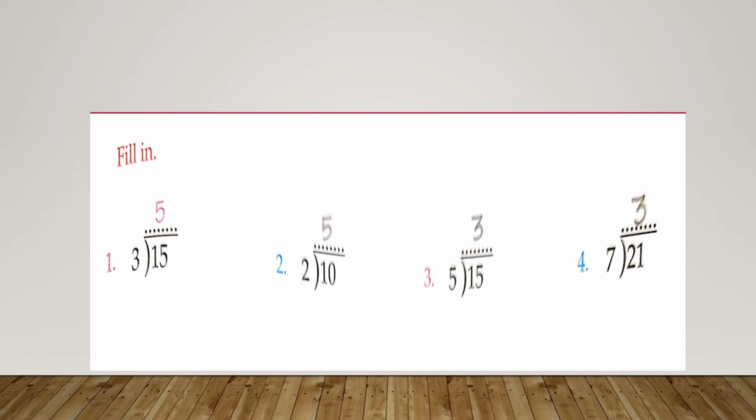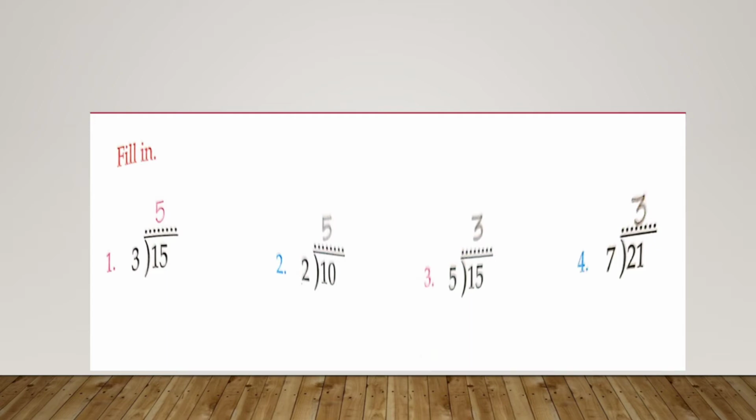By the method of long division form, you have to divide 15 by 3. So children, here you will read the table of 3 until you get 15. So 3 1s are 3, 3 2s are 6, 3 3s are 9, 3 4s are 12, 3 5s are 15. So children, here your answer will be 5. 3 times 5 is 15. And here 5 is your quotient.